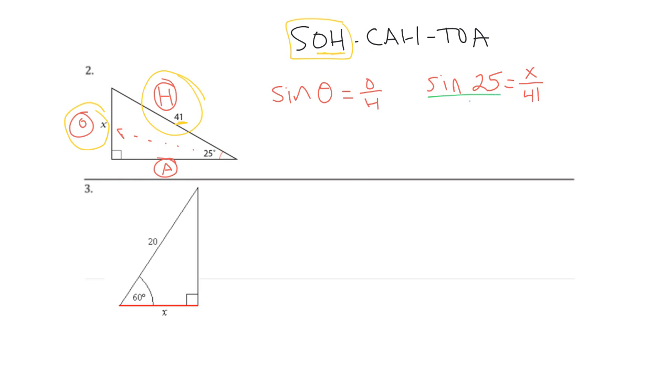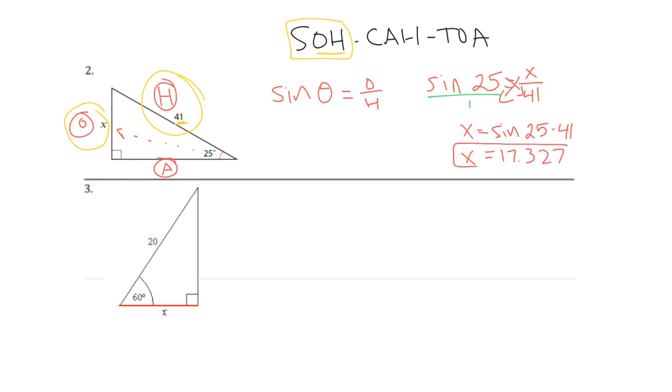Now, in this example, we are once again solving when x is in the numerator, so it's going to be very similar to the previous one. X times 1 is x. And then here we need sine of 25 times 41. And we're going to go ahead and finish this up with our calculator. And when we take sine of 25, we get 0.423, and we multiply that by 41, and we're going to get